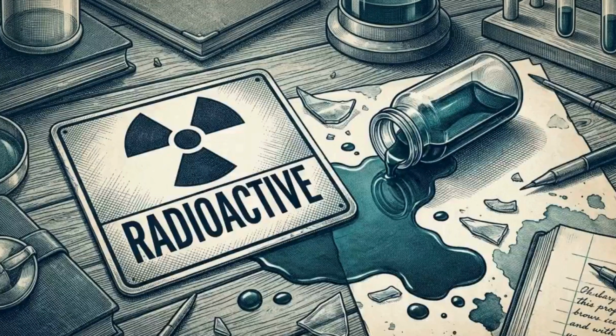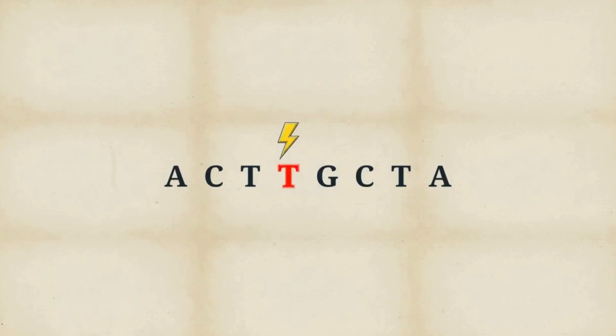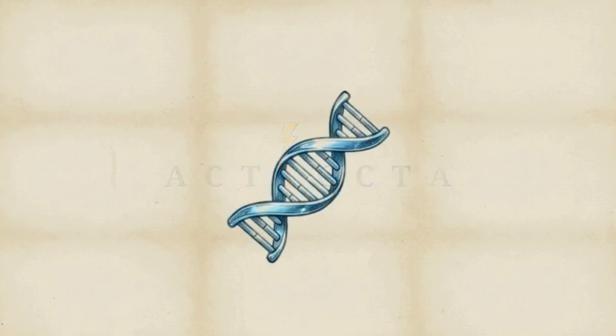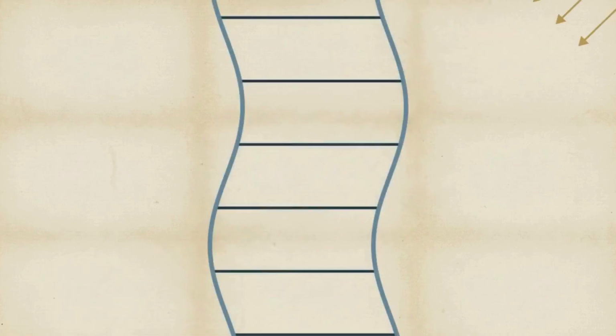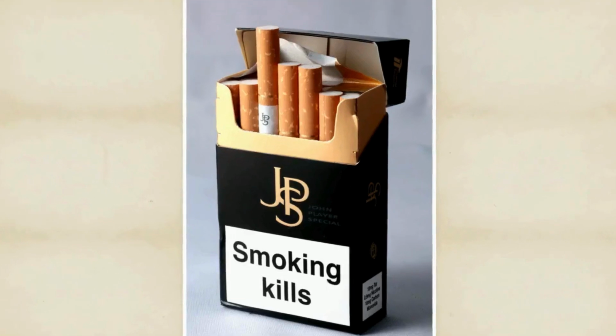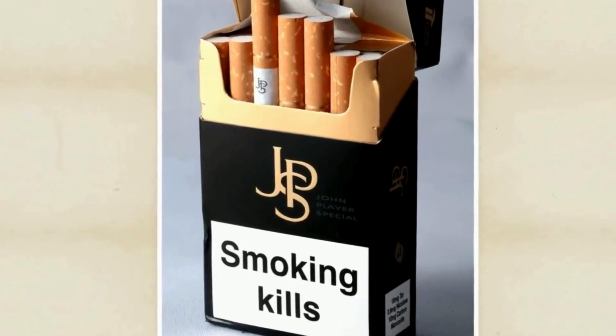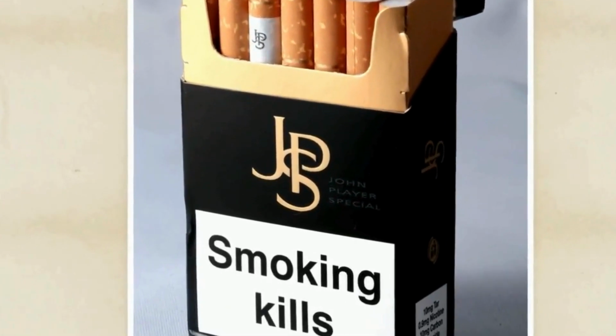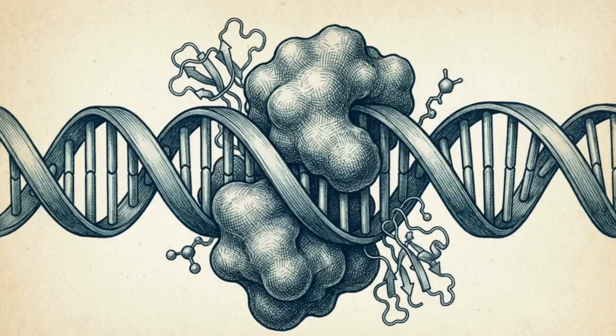What forces in our environment cause these specific hits to the regulatory code? The drivers are mutagens, physical or chemical agents that alter the nucleotide sequence of the genome. Solar UV radiation causes DNA strands to physically deform by fusing adjacent bases, creating thymine dimers that lead to skin cancer. Chemical carcinogens, like those concentrated in tobacco smoke, present a persistent mutagenic threat. Compounds such as benzo(a)pyrene form DNA adducts, bulky chemical bonds that disrupt the accuracy of DNA replication.